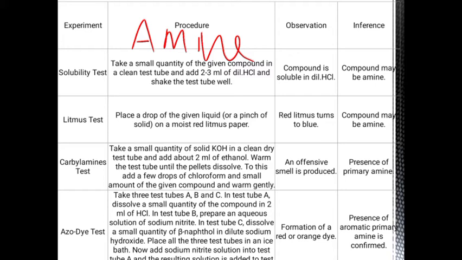While doing these organic experiments, you have to be very careful, as heating is involved. You have to carry the test tube clearly and hold it in a slight manner, as all these things are very important while heating.